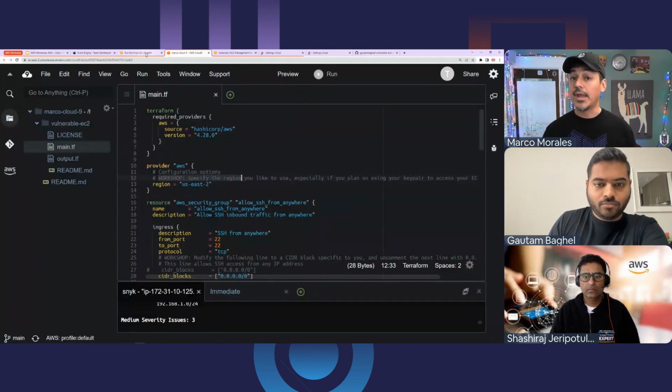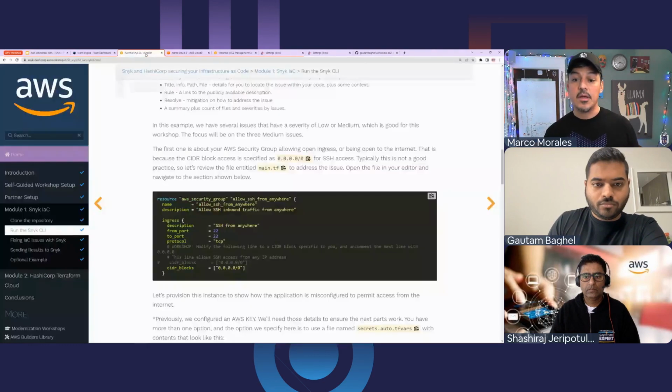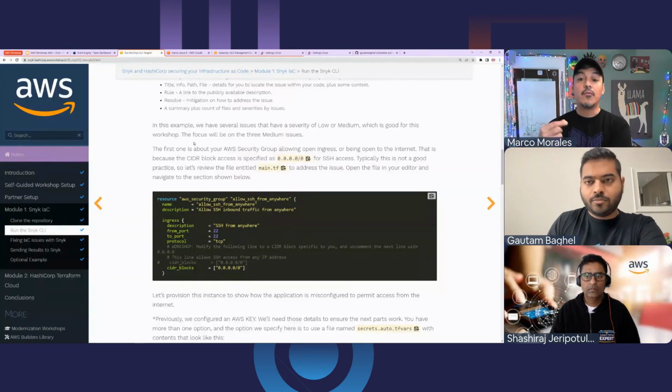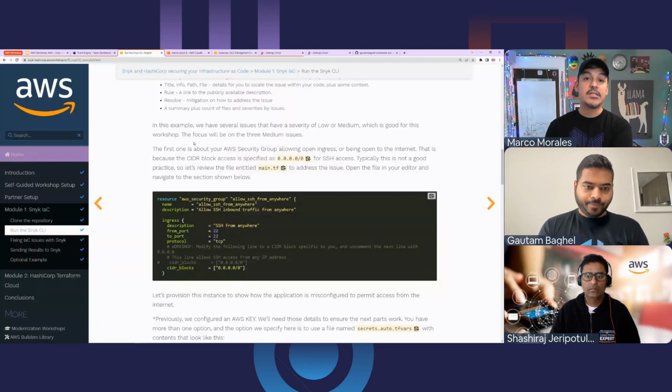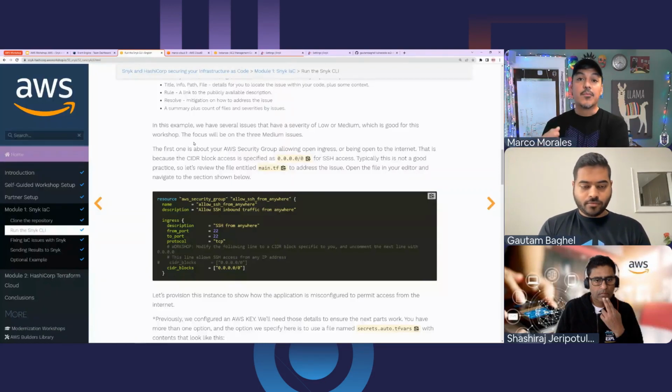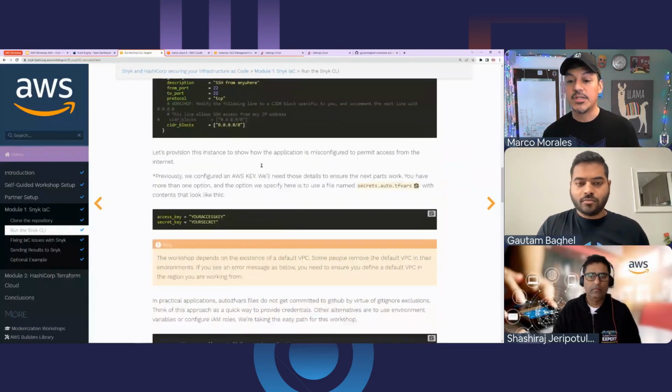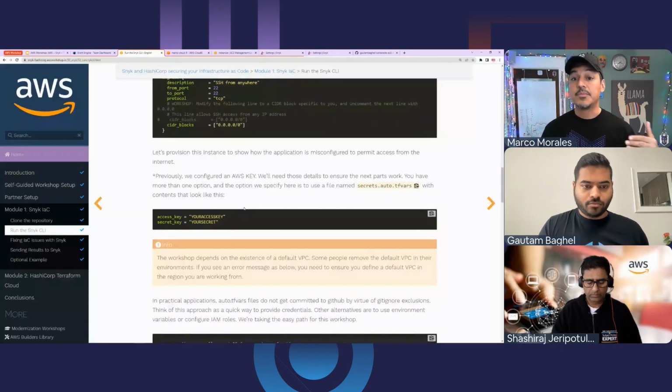And we're going to work through a couple of the examples as we knock down some of the problems. So here what we're describing is, when we look at the information, one of the vulnerabilities is that we have open ingress. Ingress means that you have access from anywhere. What we have here is for port 22 or SSH, anyone can SSH to your environment. We're going to show you the consequence of that by doing some access.